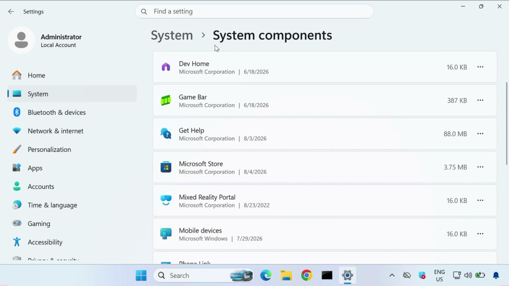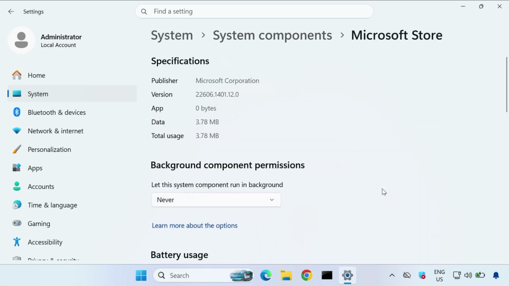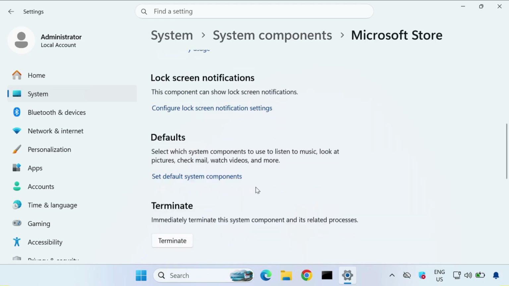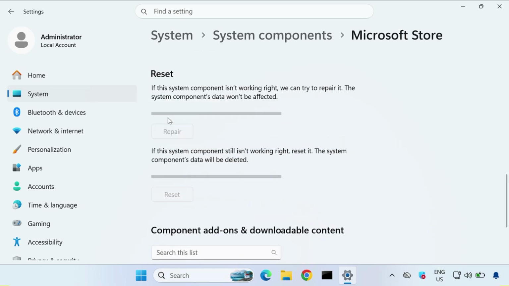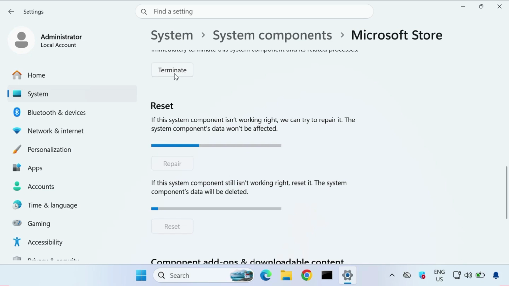Otherwise, you can also search in the search bar. Then click on the three dots, then click on Advanced options. After that, scroll down, click on Repair and then Reset, and then click Terminate